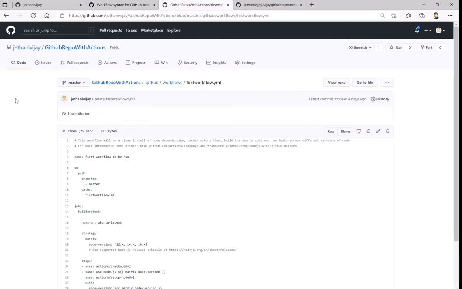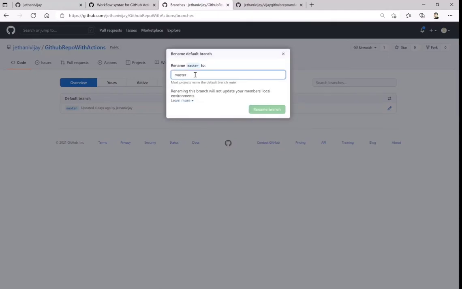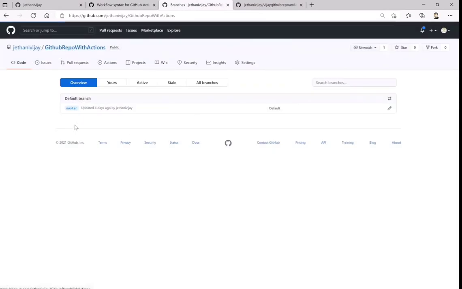Ideally what happens is if you are in an enterprise or an organization, by default the organization default will be main as a branch. So any particular repository will be created with that. Or if you see any of the old or any of the lab.github.com repositories, you will see main as a branch created by default. That is how the enterprise has been naming it internally. Okay, so don't worry about that. Main and master are one and the same thing. Only thing is if you face any such challenges, just go to that particular branches and see what exactly the naming convention you want to have. So you can rename from main to master, master to main. You can do that right away. So don't worry about those things.